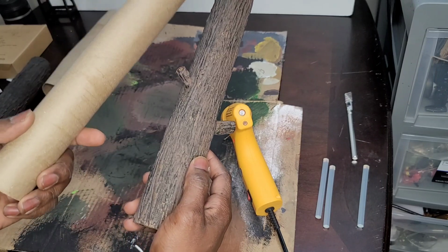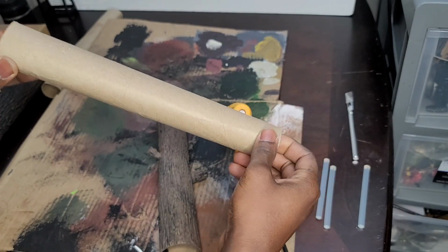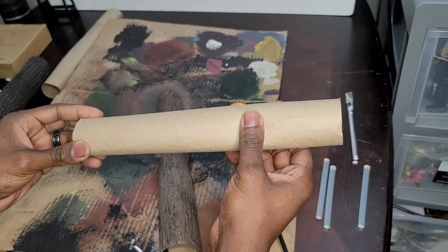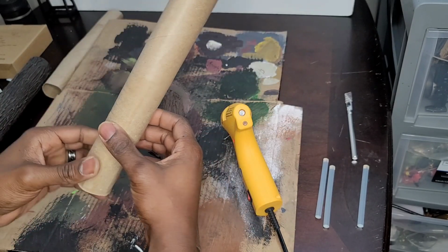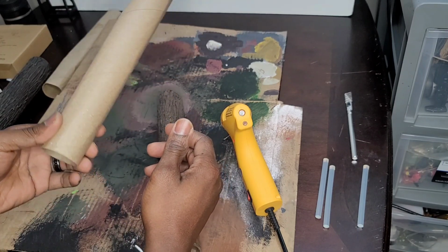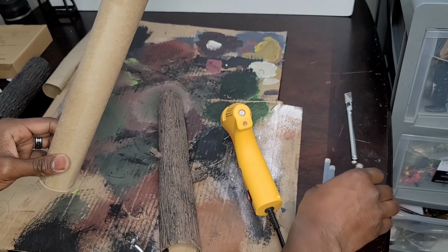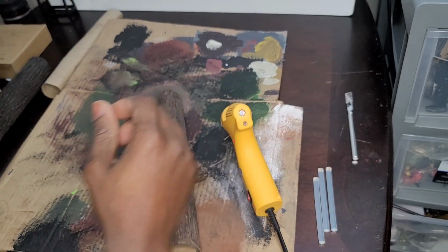So, like I said, it's going to start off like this. This is just like a regular paper towel roll. You can find these rolls in any paper towel. It doesn't matter the brand, the make. It doesn't matter as long as it's a paper towel roll, because that's all you're going to need for this. You're also going to need some glue sticks, a hot glue gun, a